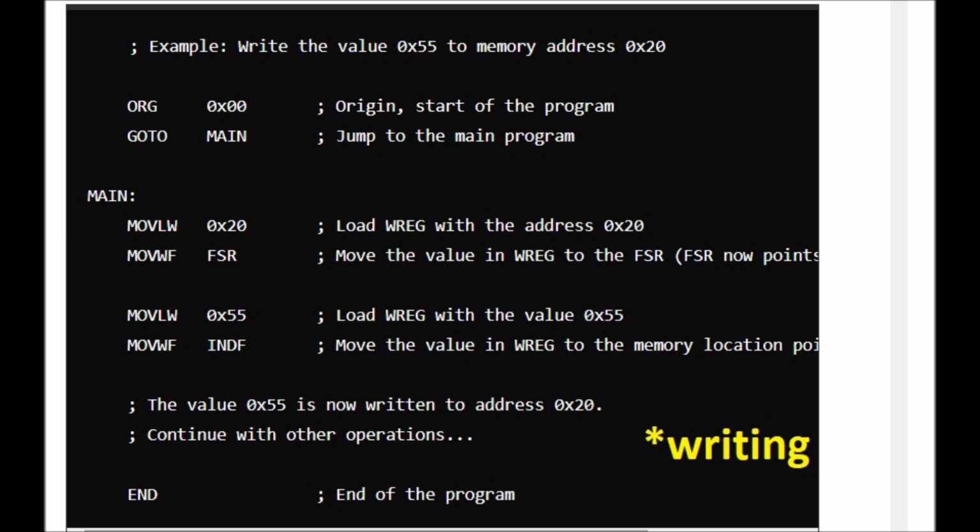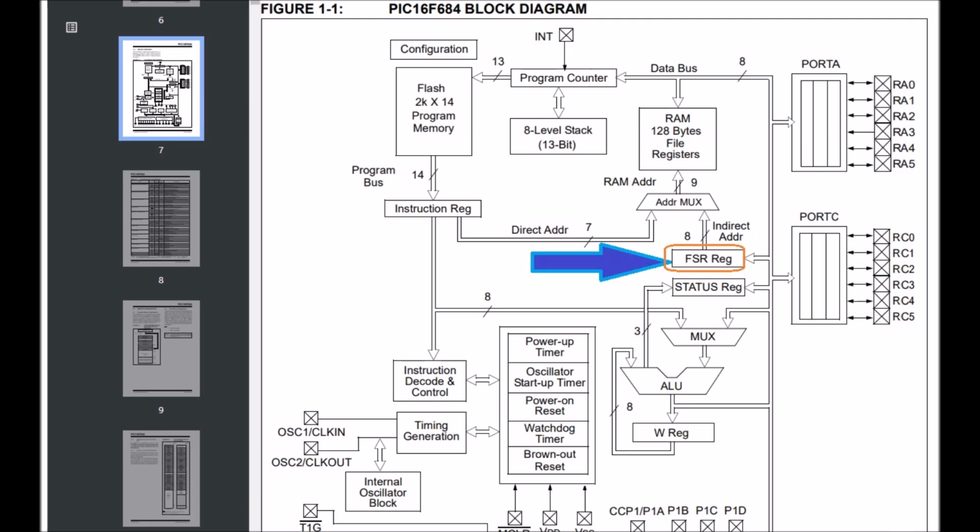Writing. To write to a memory location indirectly, you load the address into the FSR and then write to the INDF register. In the block diagram context,